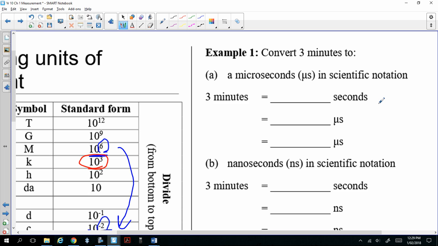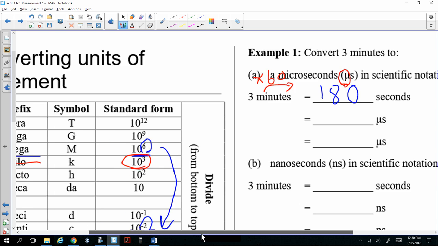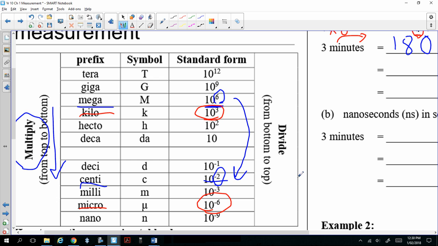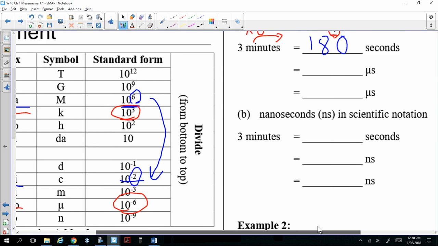Notice the shorthand for microsecond is not ms, it's that symbol. That's a Greek letter, mu. That Greek letter means microseconds. We're going to first convert 3 minutes to seconds. To convert to seconds, you have to multiply by 60, and you will get 180 seconds. Now going back to the table, if I want to go from seconds to microseconds, think of seconds as